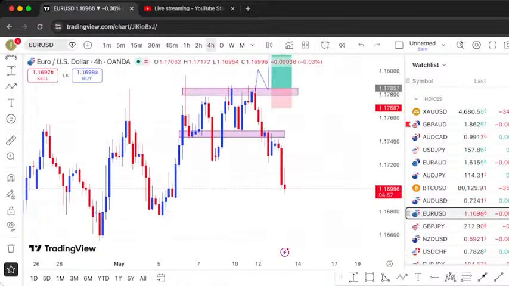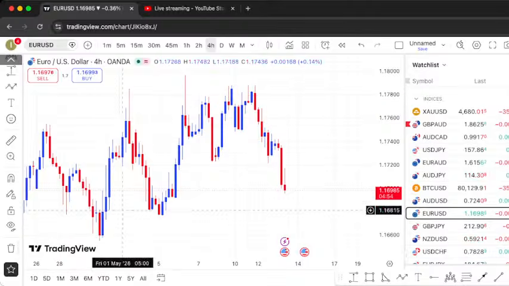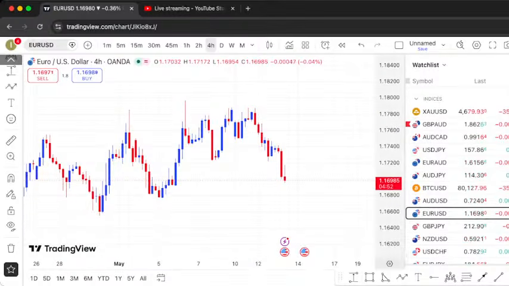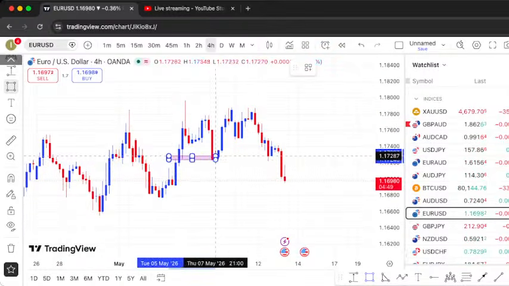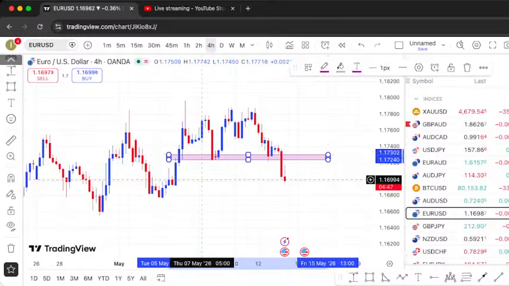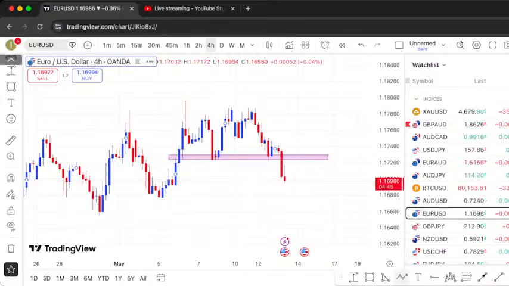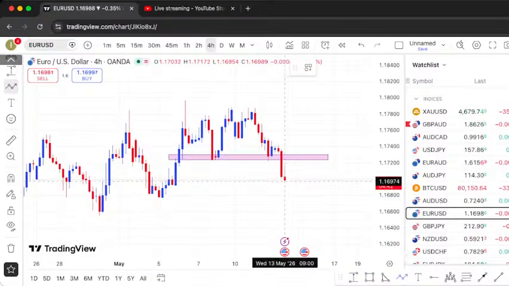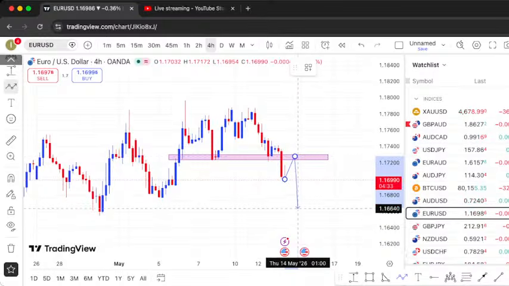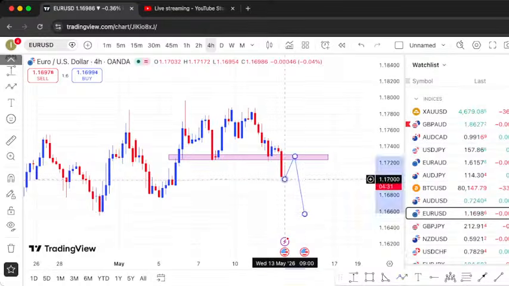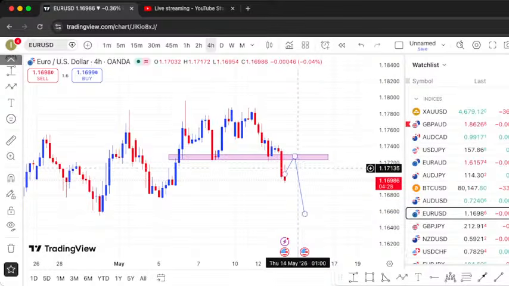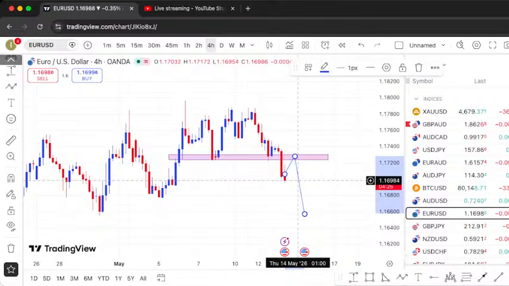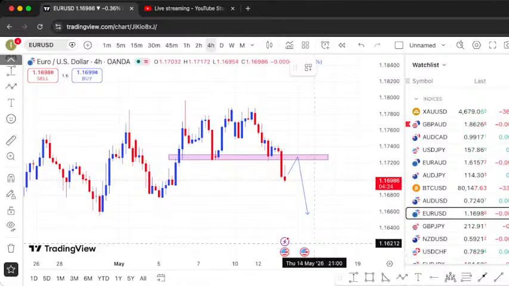Euro USD. On Euro USD, yes, we have what we call a base. What do you call this? A change of character, right? I always say whenever we have a new lower low formed, the market cannot move creating a new lower low without a lower high. It's impossible. So that's why I always wait for a pullback, because when the market forms a new lower low, it always does that retracement, that pullback for more sells. And if this market is going to retrace back to this zone where it did a break of market structure, then I think we'll be okay selling Euro USD there.